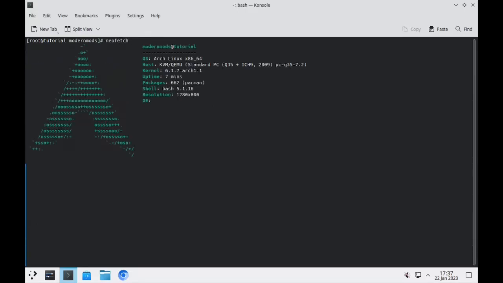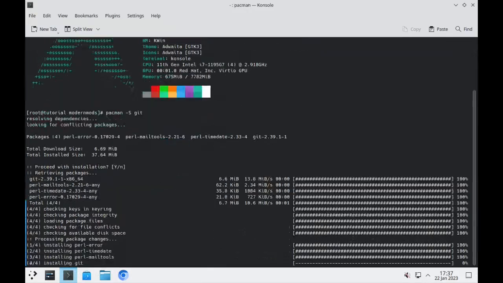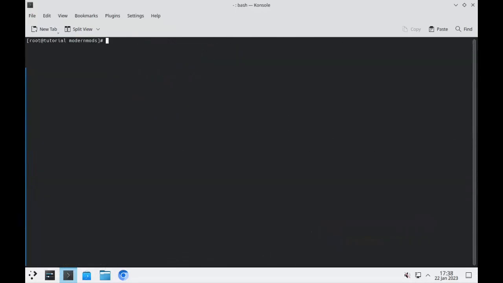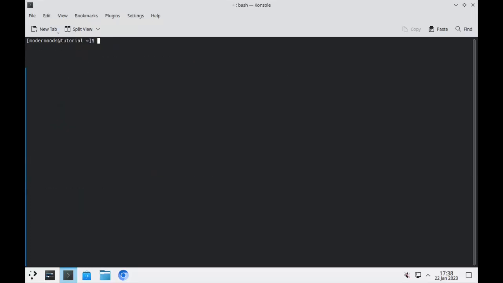Of course, type neofetch. As you can see, it's a lot of information and you might want to make it look better, improve it. Well, I have to think for you. If we just get real quick, get git, exit, type neofetch again. This is so we generate the configuration files. Then we're gonna type the following: git clone